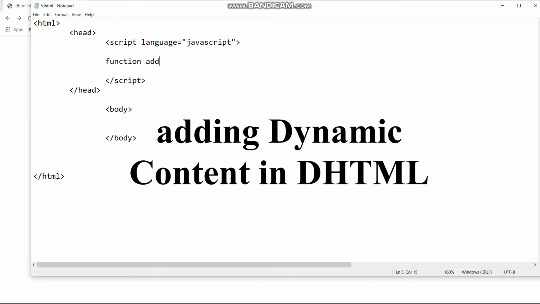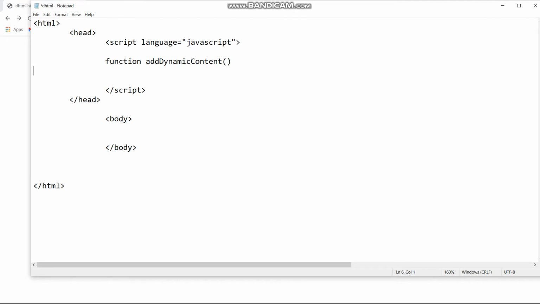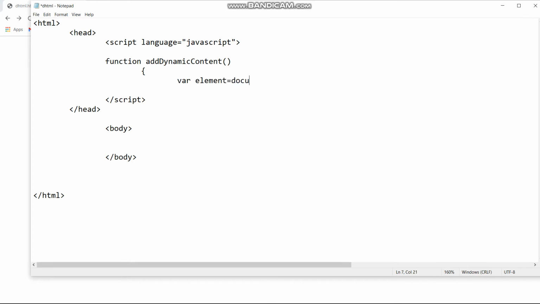So now what we need to do is add some dynamic content inside the function itself. What you do outside you can do inside also. So we are creating a variable, element equals to document dot createElement, and inside it we are going to write input.